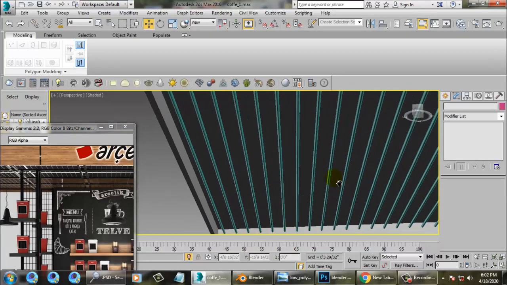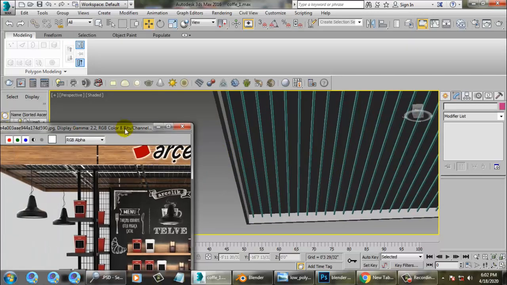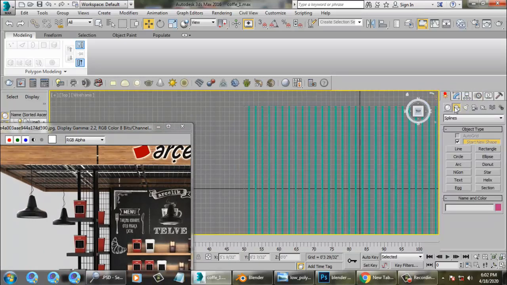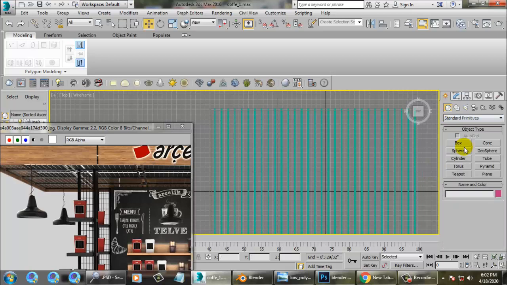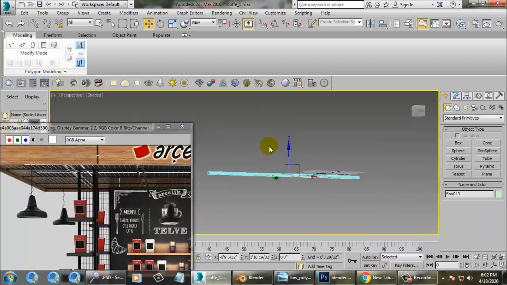Once you're done with these copies, I'll again go back to the top view and take a line, or just take a box over here and push this up.